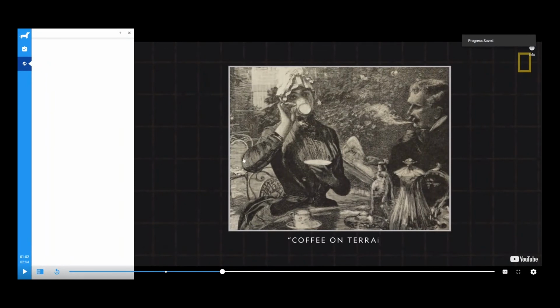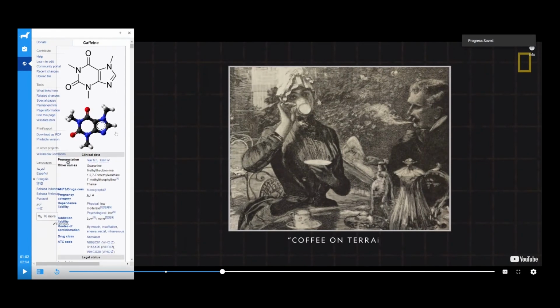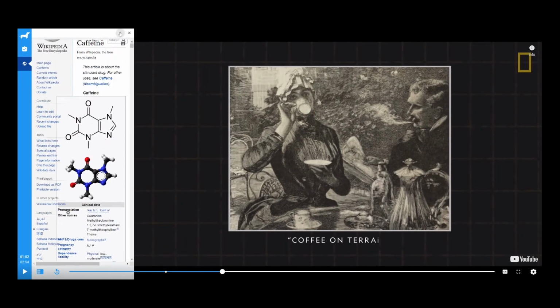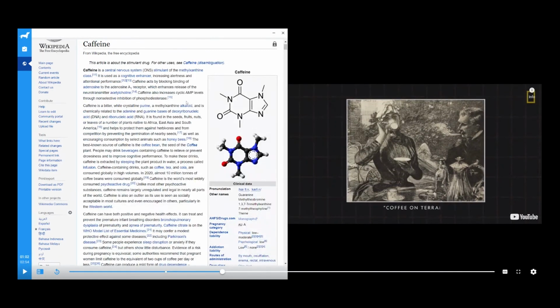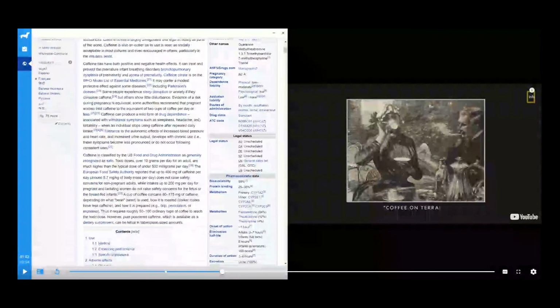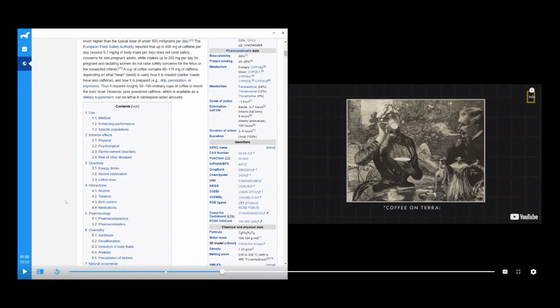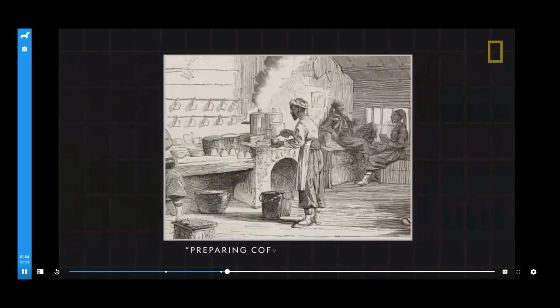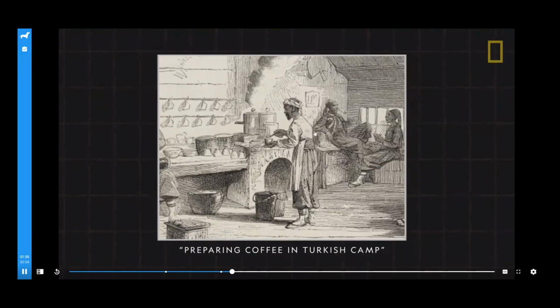When learners interact with the Web Embed interaction, they can view the website just like using a browser, and they can also click on the plus icon above to expand the sidebar for a better reading experience. After reading the website, please click on the play button to continue watching the video.